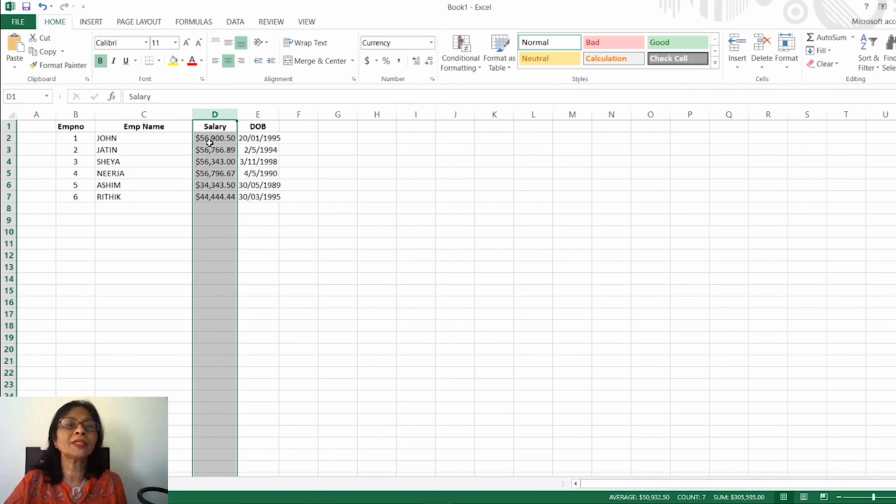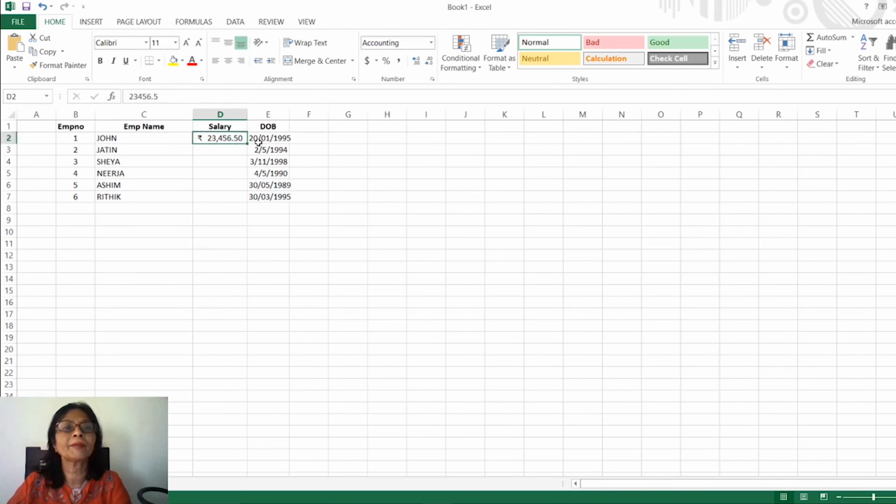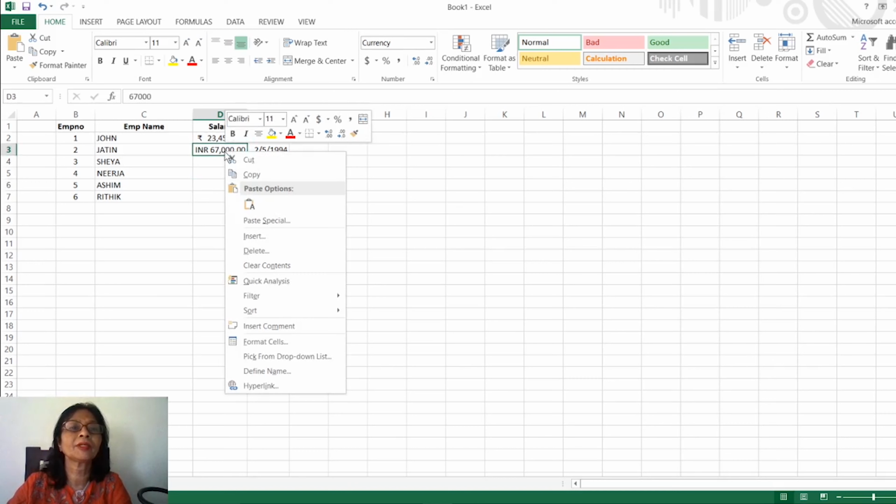By default it is coming as dollar. So here I have entered the value and I have selected the currency, here accounting currency as the rupee, and then we will enter the value accordingly. It will come 67,000.00. See, by default it was shown in this way.